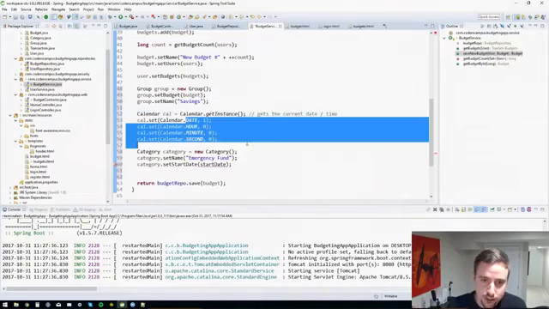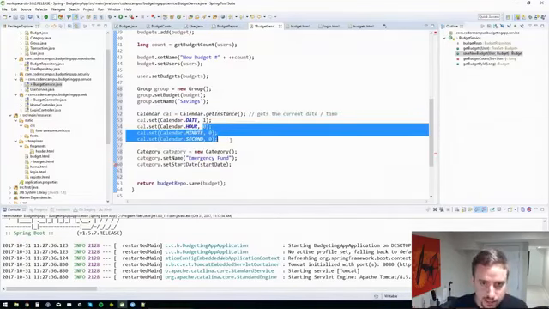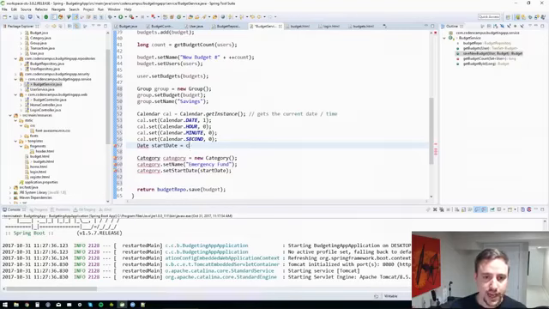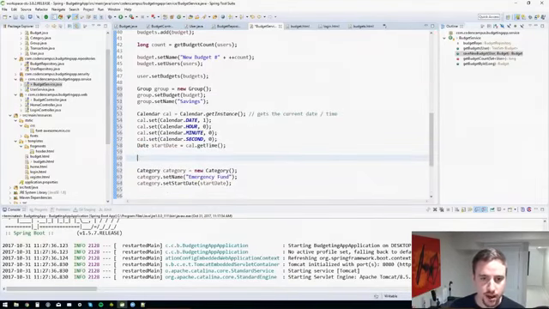So that's what the calendar's gonna be set to. But then I'm gonna say, hey, set it to the first day of this current month, which will be October 1st at 0 hours, 0 minutes, 0 seconds. So the very beginning of the day of the first day of the month. So then I can say date, start date equals calendar.getTime. Right? So that'll set the start date to be the first day of the calendar month. So then I want to get the last day, right? So then I can say, hey, cal.set